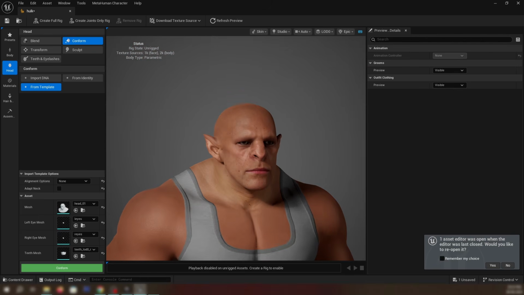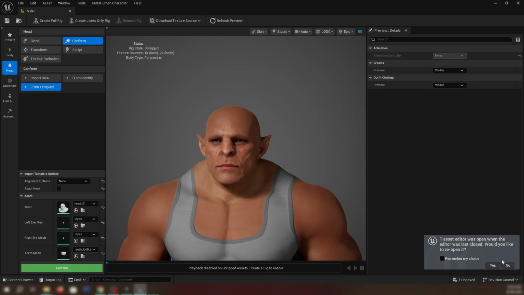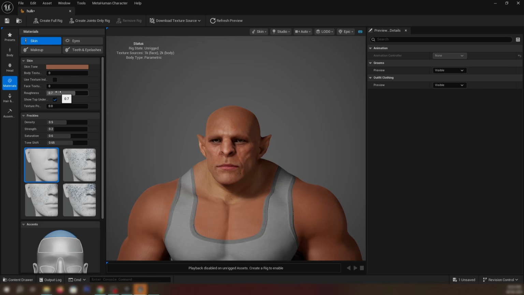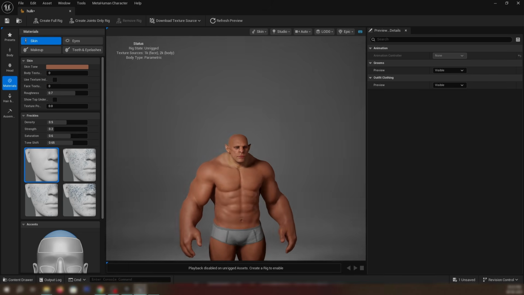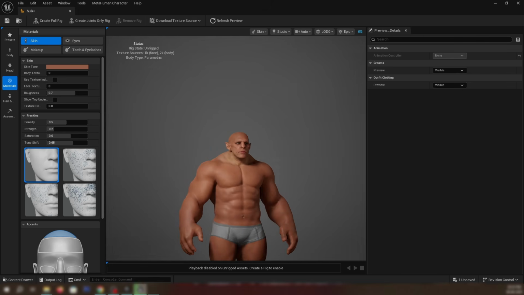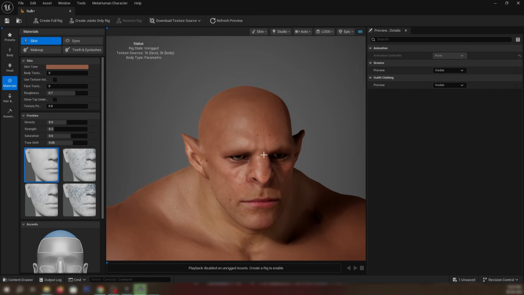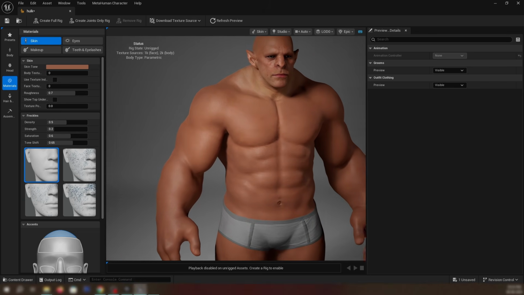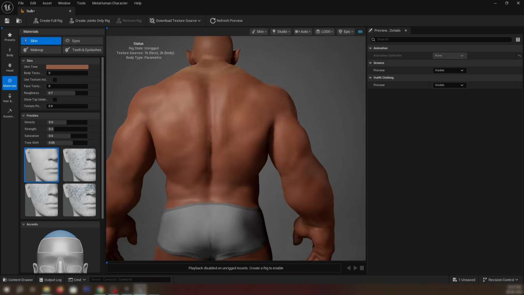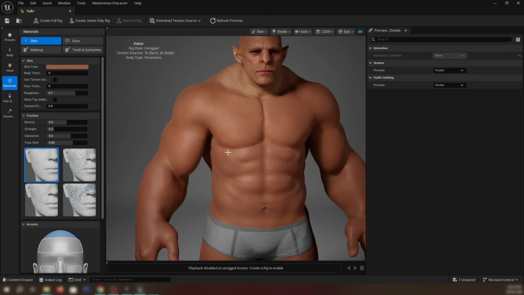I'll try to replace the texture also, then you'll see whether the texture I have done is being captured in this process or not. So these are the materials, and these are the body I created. It is coming out quite perfectly as I created it. I think the rest will be the normal map, which will be replaced in the blueprint and will fix all the other problems of detail for the body mesh. These are the details I sculpted in the body mesh, and a lot of things are becoming noticeable. Yeah, it's perfect.